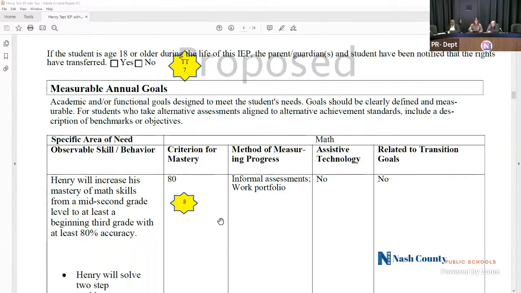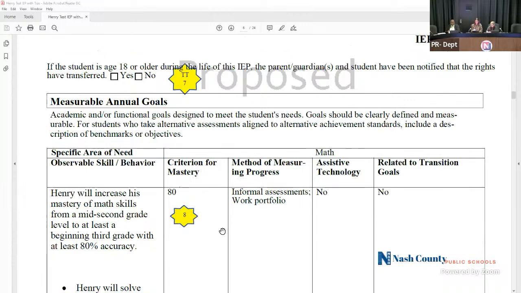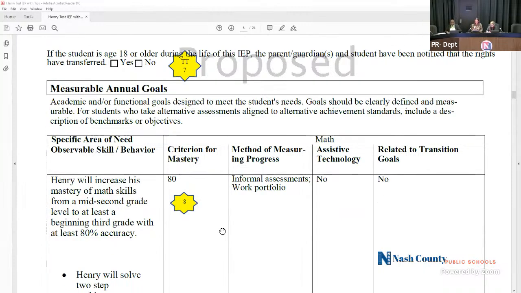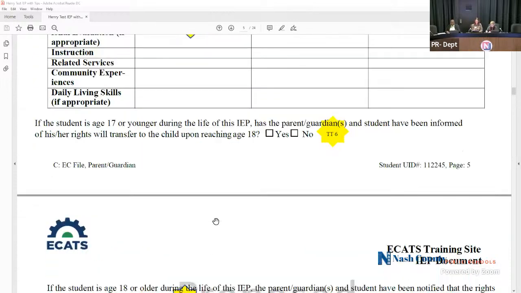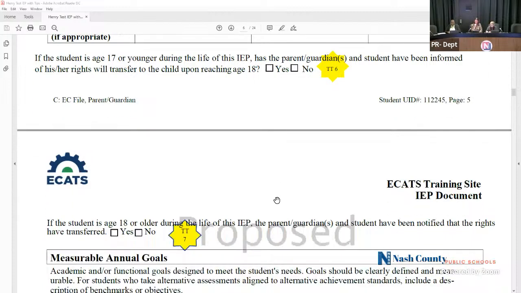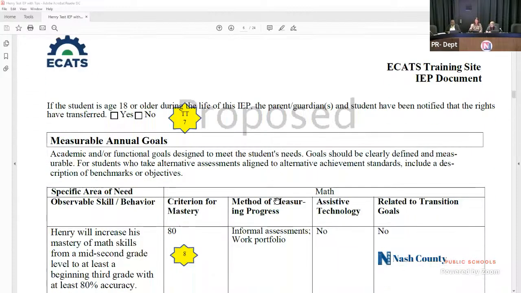If the student is 17 or going to turn 17 during the life of the IEP, then we need to inform you of the transfer of rights, which is at the very bottom of that page, and which will happen once your child reaches 18. So we're informing you, and then if the student is 18 or older, have you been notified? We've got two different questions there, because we want to make sure you are aware,